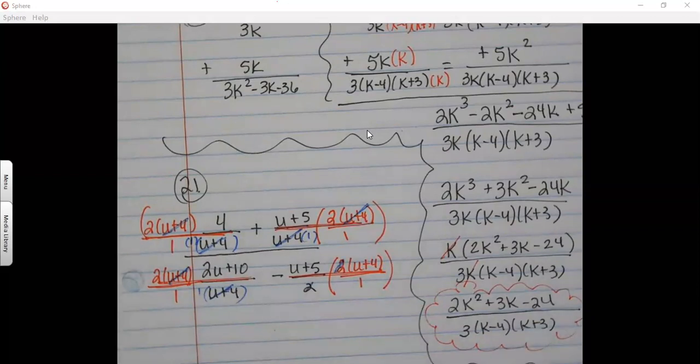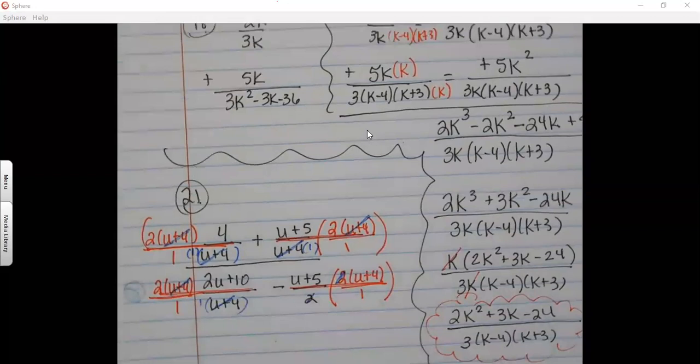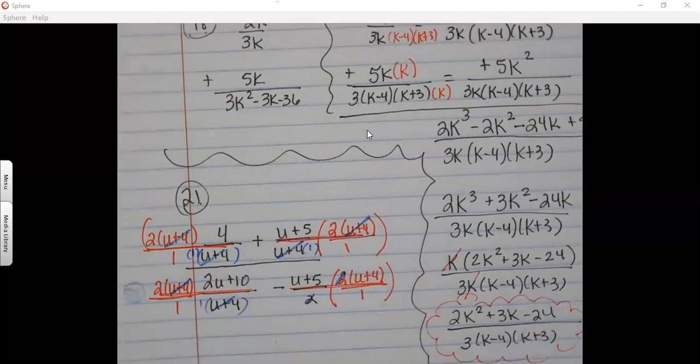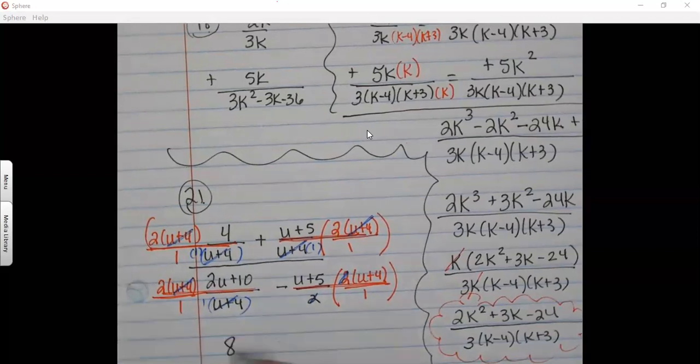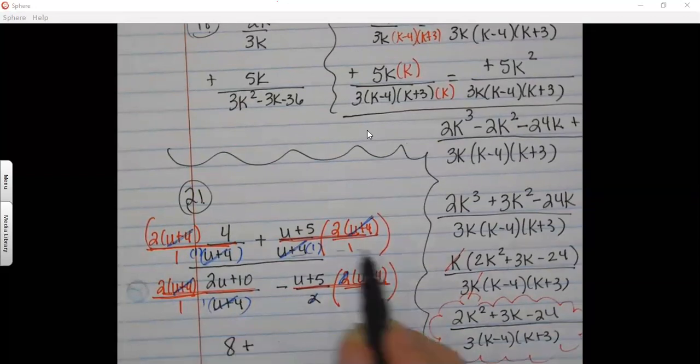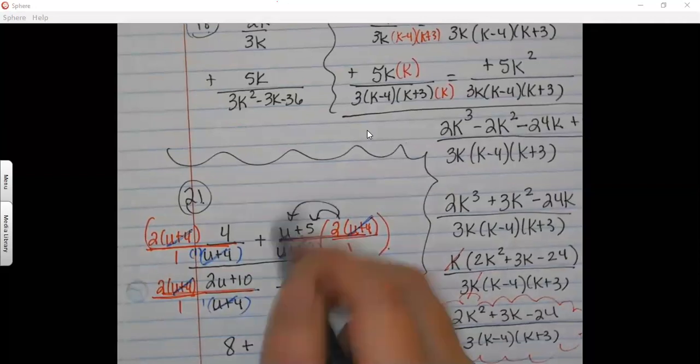So now for each individual fraction, whatever's left in your numerators, multiply that together. Okay? It's easy to accidentally leave off something, so you've got to be real careful about what you canceled out and what's left. So top left, I only have in my numerator a 2 times 4, right? So I have 8. I'm adding the next fraction. The denominator is all 1, so I'm good there. I have u plus 5 times 2. Let me go ahead and distribute this. So that would be plus 2u plus 10. Y'all good with that? All over